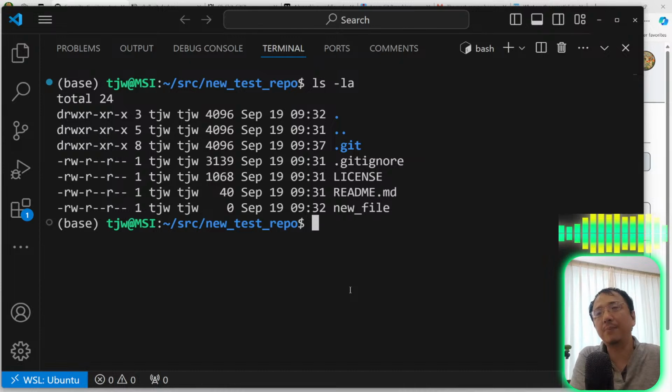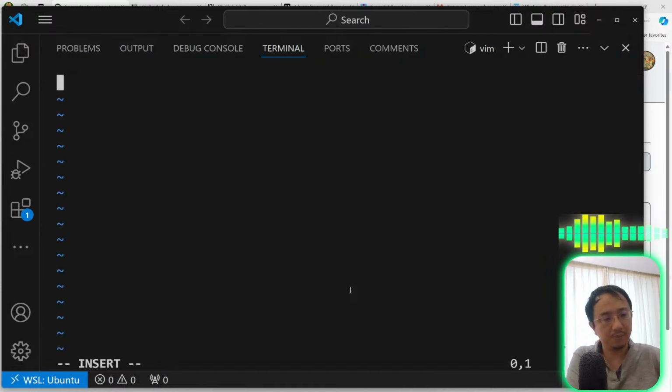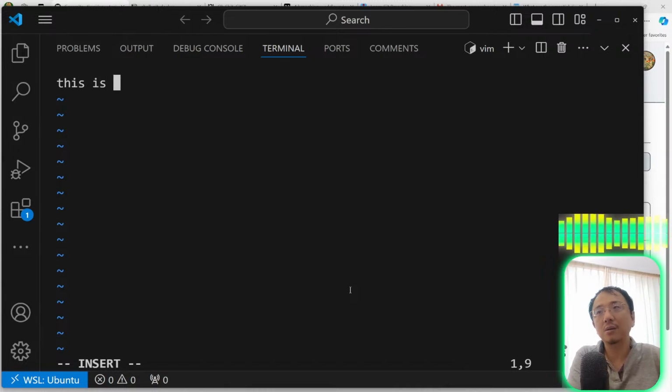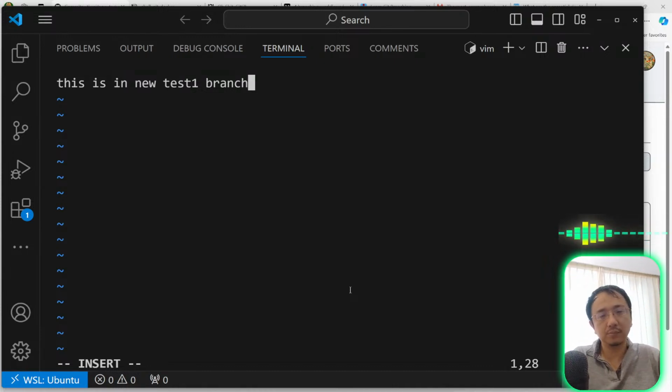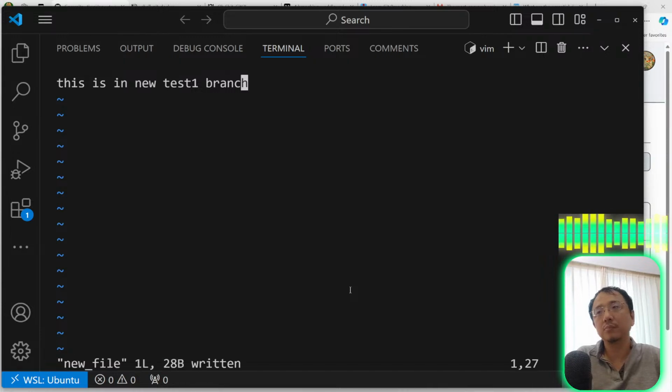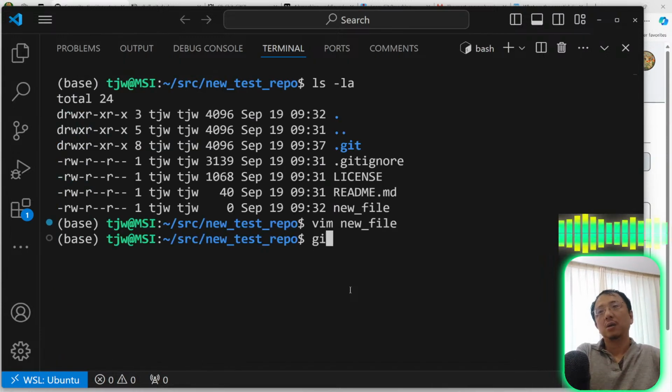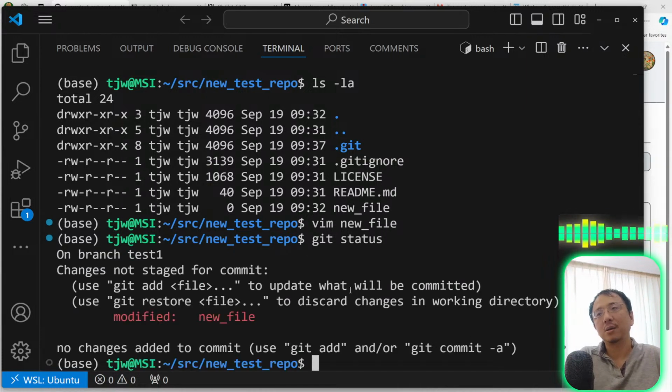In this branch, let me edit this new file to add something. If I show the git status, I will see that the new file has been modified,